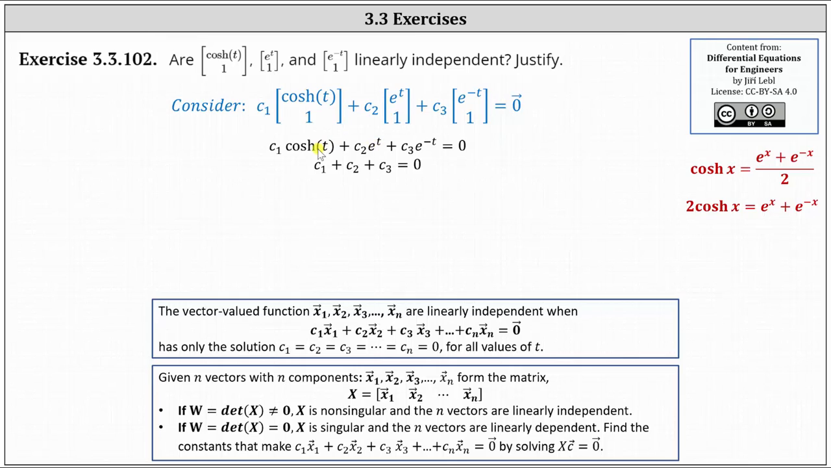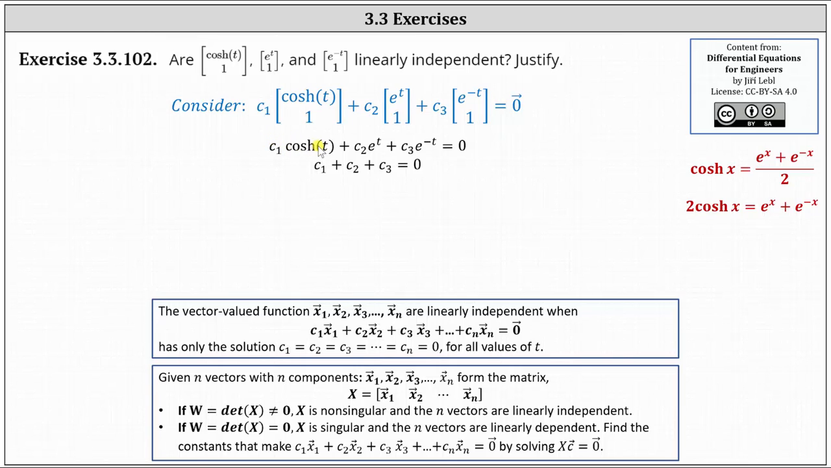Because the first equation involves the hyperbolic cosine function, as well as e to the t and e to the negative t, we do need to recall hyperbolic cosine x is equal to the sum of e to the x and e to the negative x divided by 2. If we multiply both sides by 2, we have 2 hyperbolic cosine x equals e to the x plus e to the negative x. Using this equation and the first equation in our system, if we let c1 equal 2,